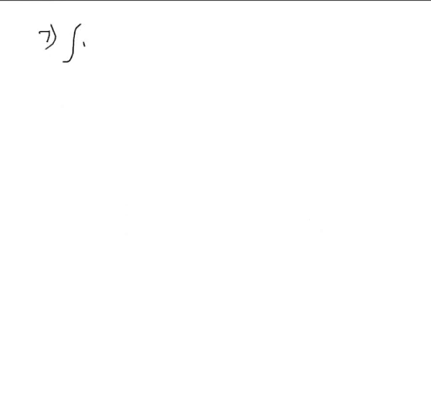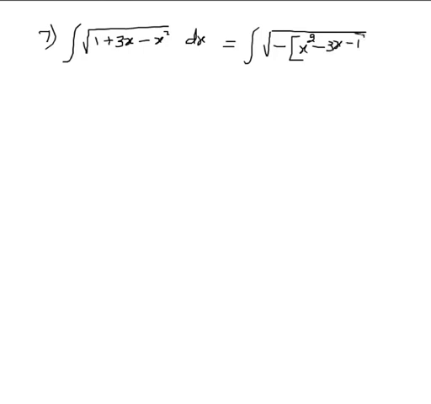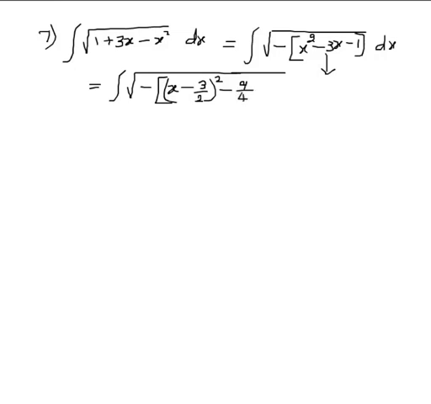Question number 7. Integral root of 1 plus 3x minus x square dx. Let us remove the minus sign. Take the minus sign outside the expression but not outside the root sign. We'll complete the squares. x minus, divide the coefficient of x by 2. Complete the squares. Minus the b square term. We don't want that b square term, so we are subtracting it, which is 3 by 2 the whole square, 9 by 4, and minus 1,